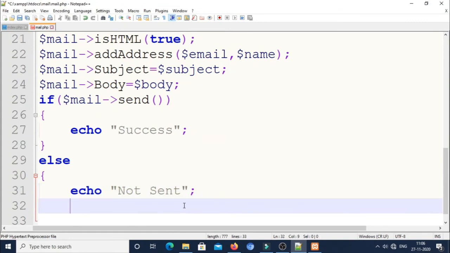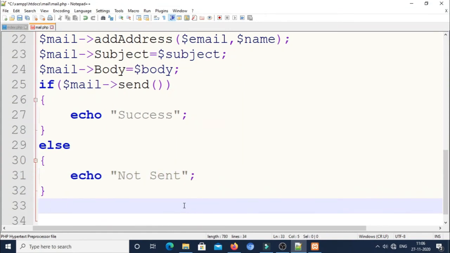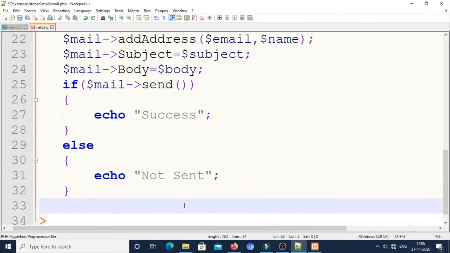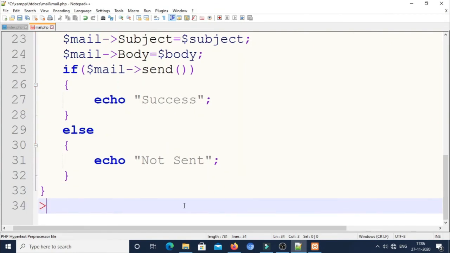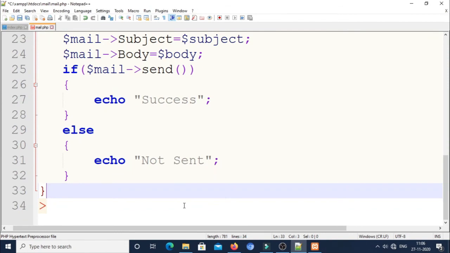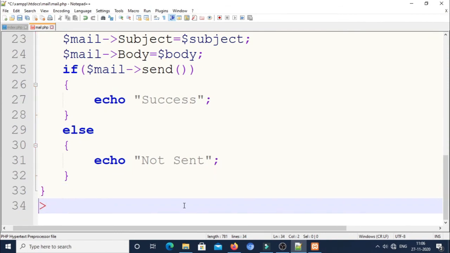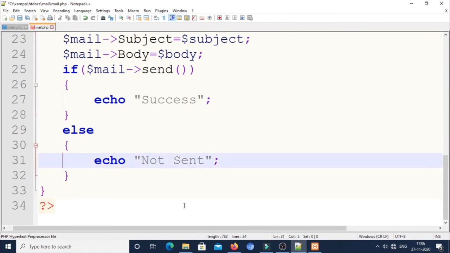Then close the else, and also close the if, and also close the PHP delimiter here. Okay, that's it about the code.